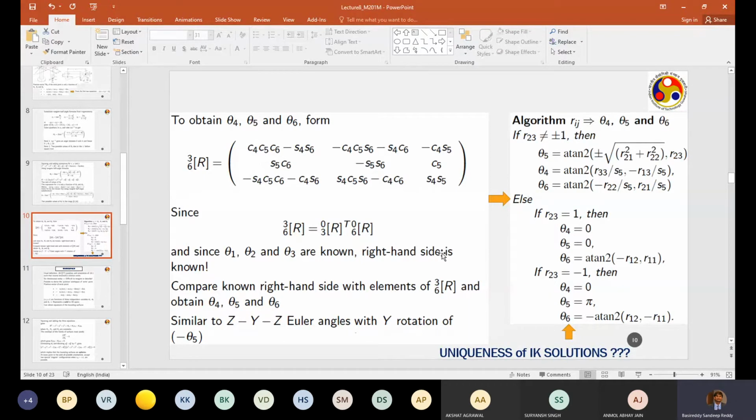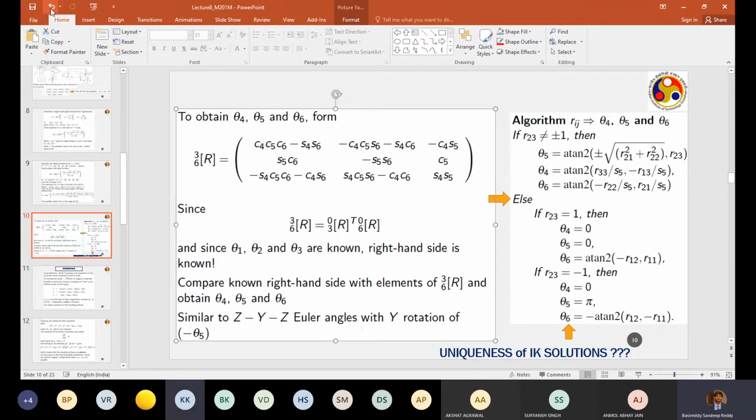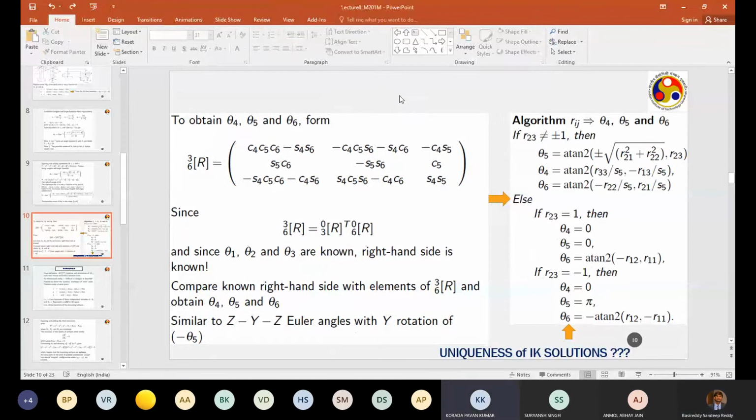Why is this? Did everyone understand how I'm able to write this expression? Because the rotation matrix is an orthogonal matrix. Yeah, correct, R transpose is R inverse. If you write, for example, the rotation matrix for 0 to 6, it should be 0 to 3 multiplied by 3 to 6. I have simply taken the inverse of that, and the transpose equals the inverse for the rotation matrix. So that's why you get this relation.